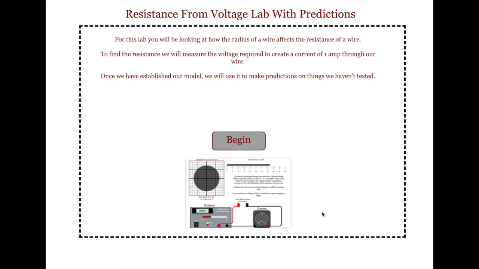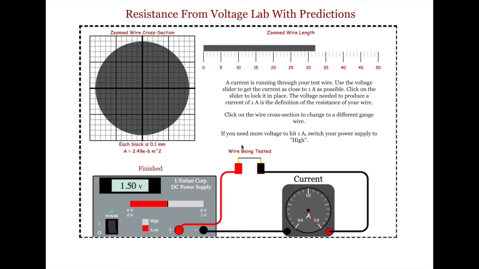Here's a quick overview on how to use the Resistance from Voltage Lab. When you click Begin, you'll get a wire that is connected to a power supply through a current meter. The length of the wire can be read up top. These are in centimeters. You can see the cross section of the wire, and by clicking on the cross section,